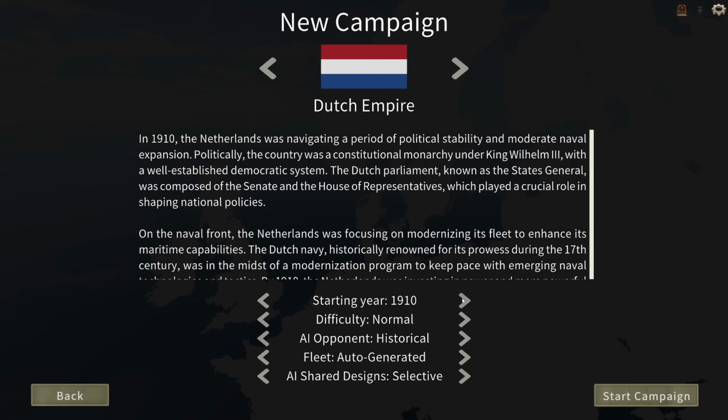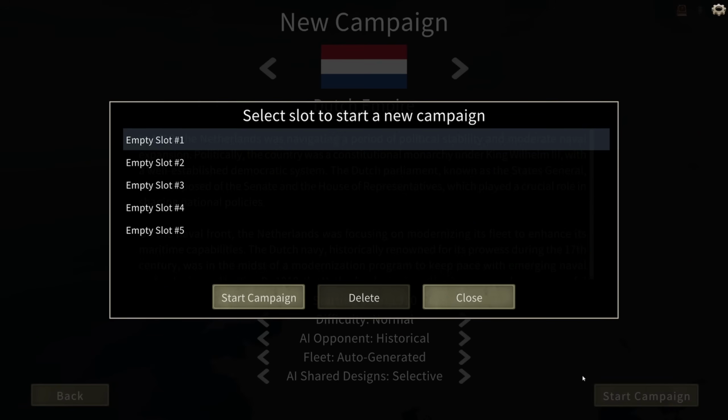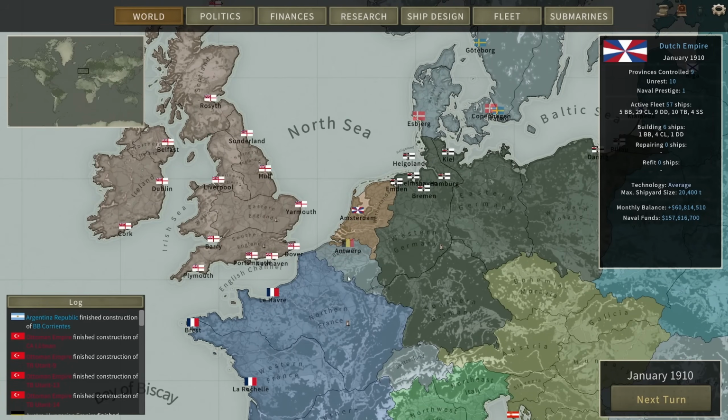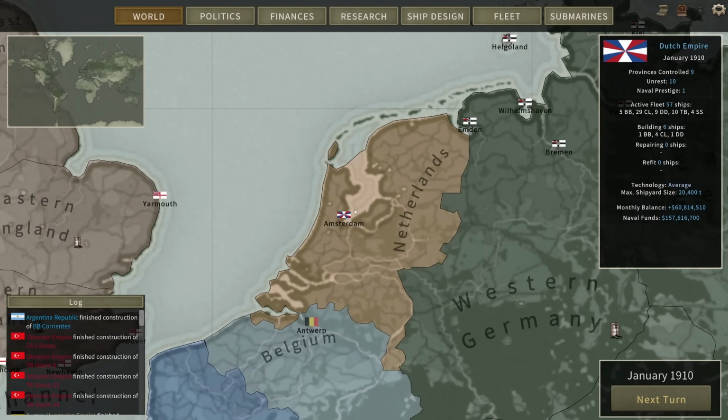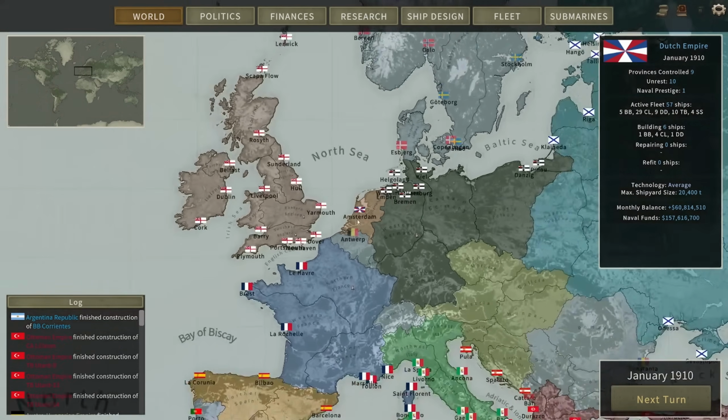Let's say I'm going to start with 1910 Dutch. Let's see what we get. After 40 minutes of generating the map, good lord, Dreadnoughts, get a grip. Here we are. You're looking at the Netherlands, and not just the Netherlands, because we also, of course, have a